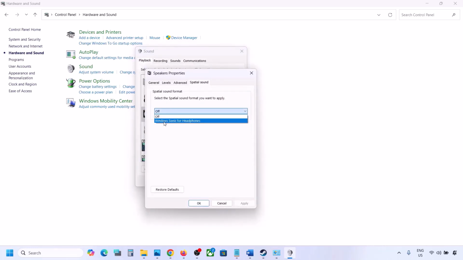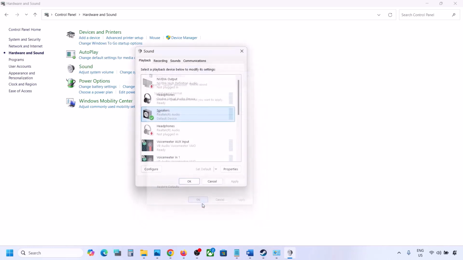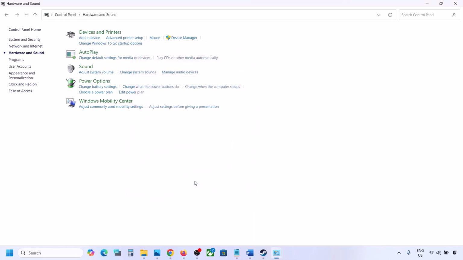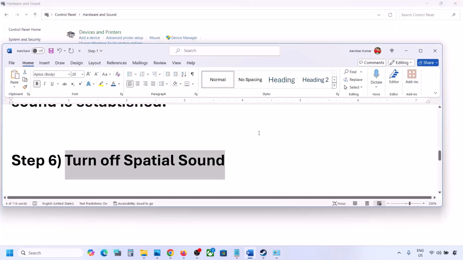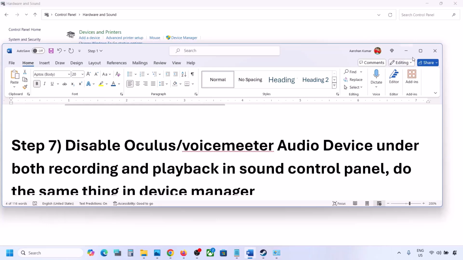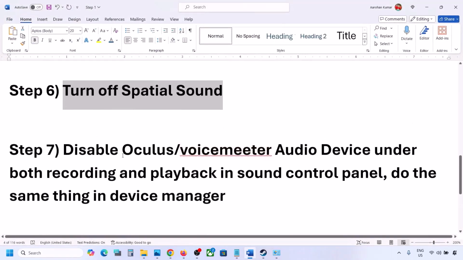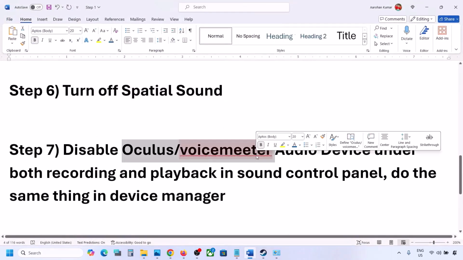If this is set to Windows Sonic, you can turn it off and then click on OK, or you can do vice versa. If it is already set to off, then you can try Windows Sonic and then check. Now the next step is, if you have applications like Oculus or Voice Meter or any other